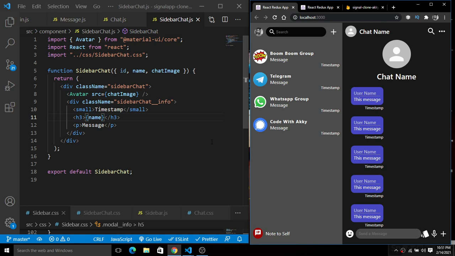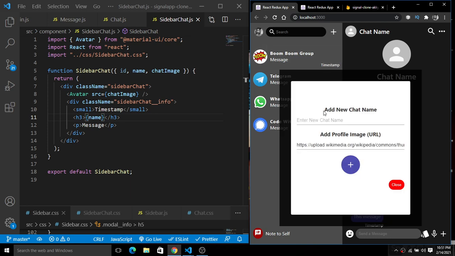Let's see what we have done in the last part. You can see in the last part we created a React modal for adding a chat name and the profile image of the respective chat, and we add this chat name and the profile image directly to the Cloud Firestore.